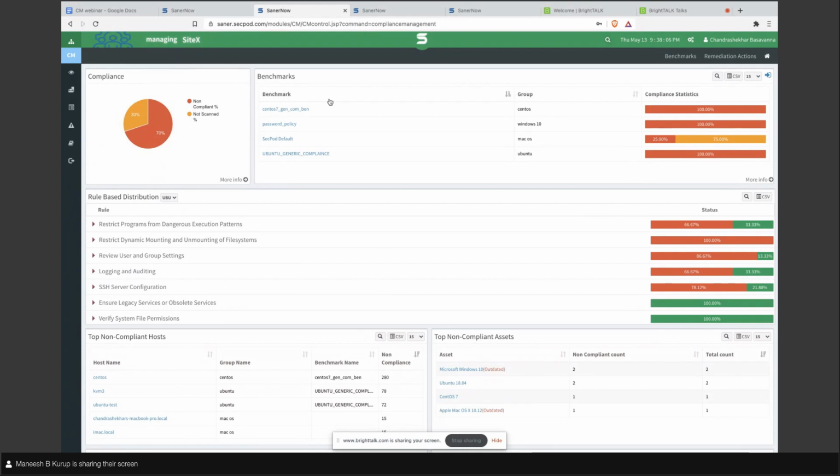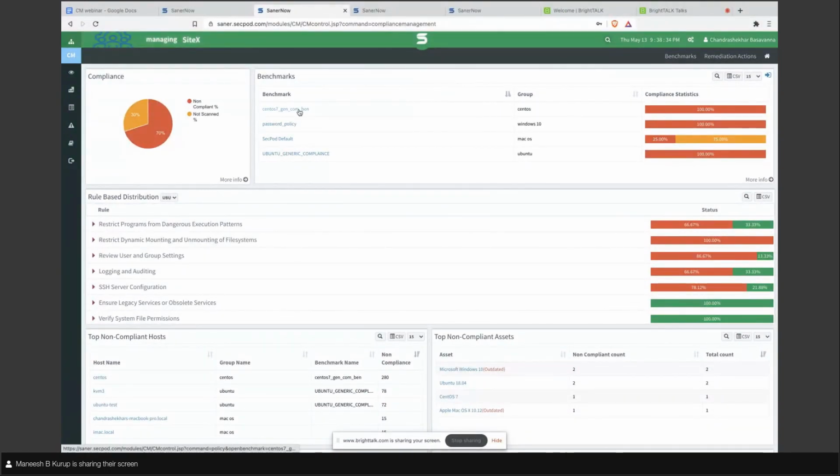Coming to the next section, it is about benchmarks. Each of these benchmarks you might have created by choosing the compliance template, or customizing the compliance templates. These benchmarks are created out of those templates, and they will be applied against a group of devices as well. And with respect to that, what is the compliance statistics?